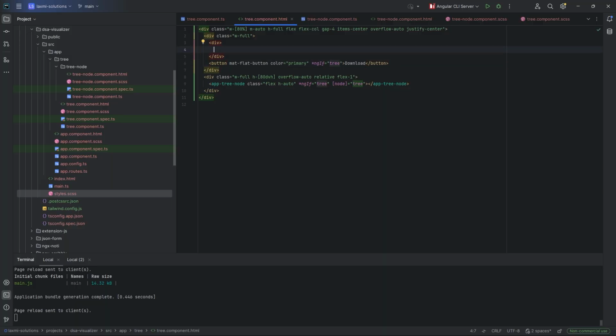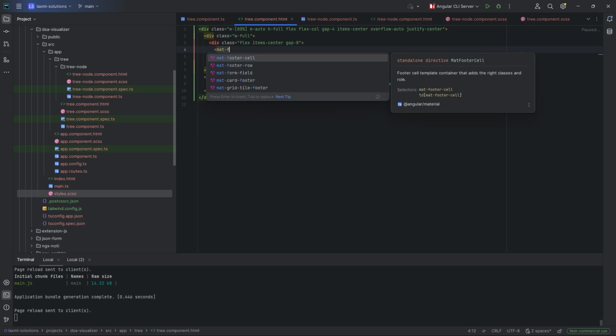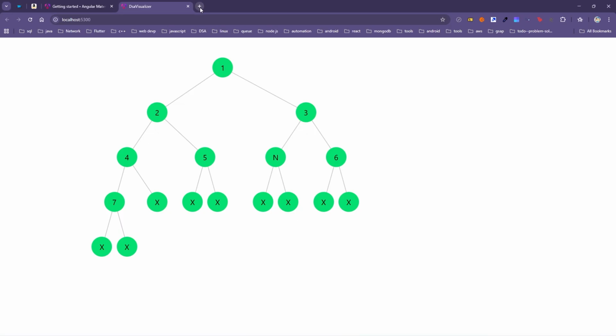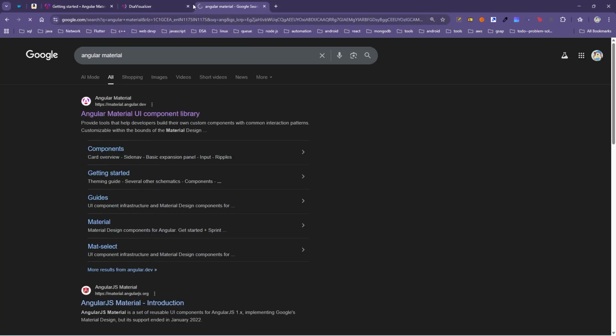Here inside this we'll write class flex items center and a gap of 8. We'll create mat form field. You can pick up these from the Angular Material website. So you go here, you will search for Angular material,